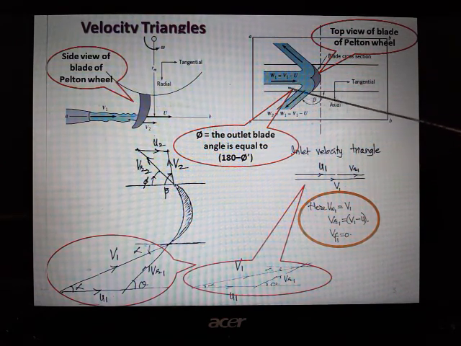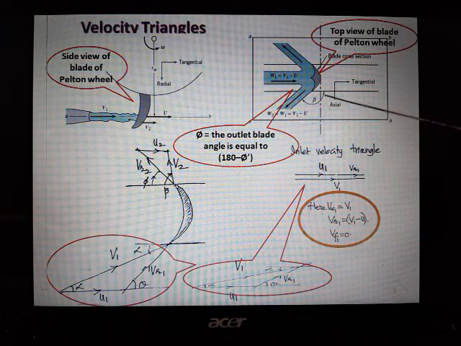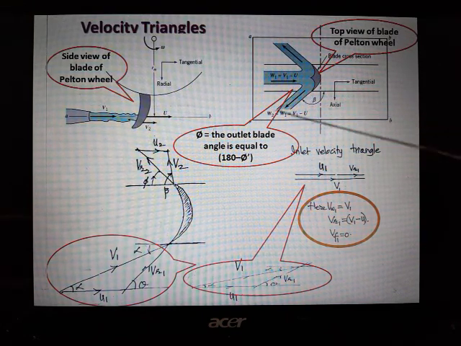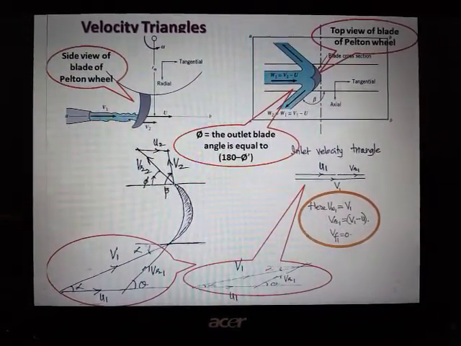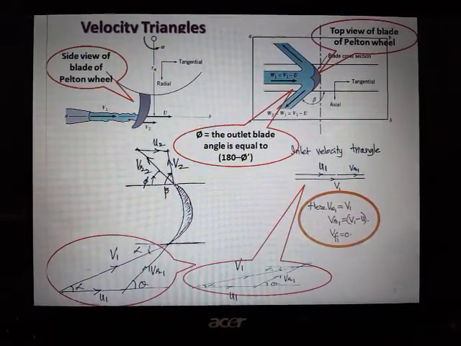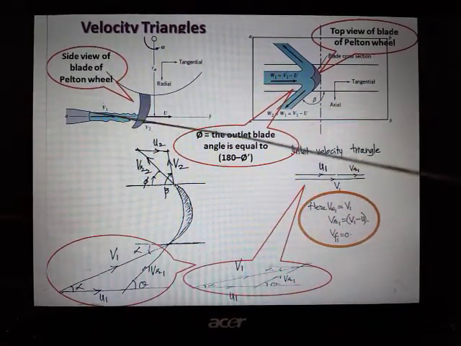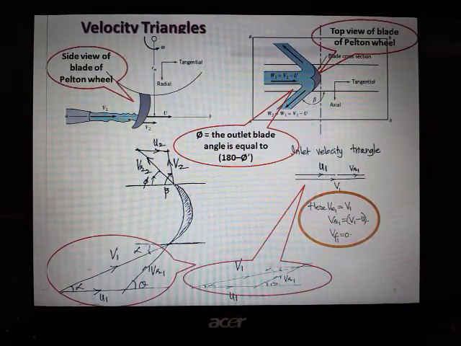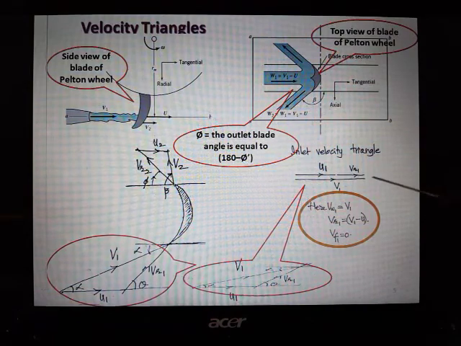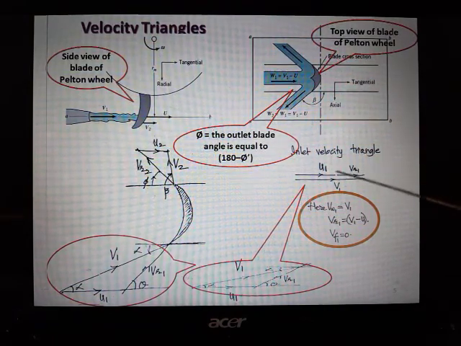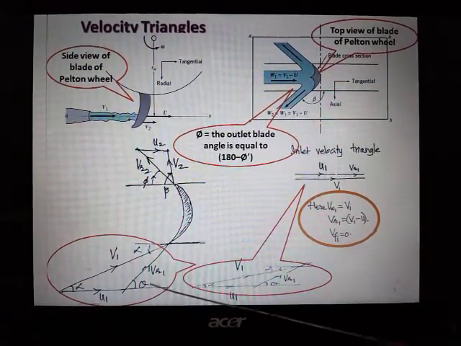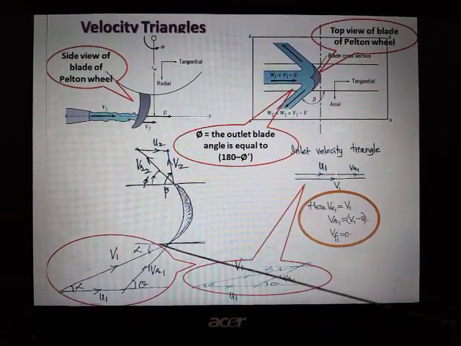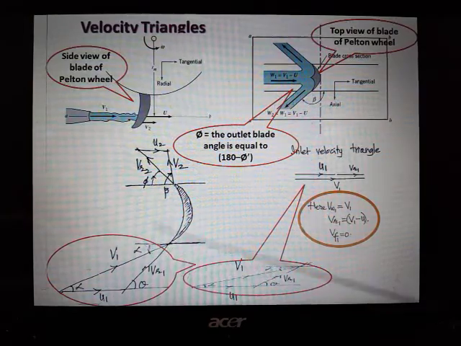Generally what we show here is a phi. This angle is known as phi dashed. So phi, the outlet angle, will be equal to 180 minus phi dashed. So obviously this jet is tangential, that's why it's called a tangential flow turbine also. Now the typical inlet and outlet velocity triangles are these we have been seeing, our eyes are